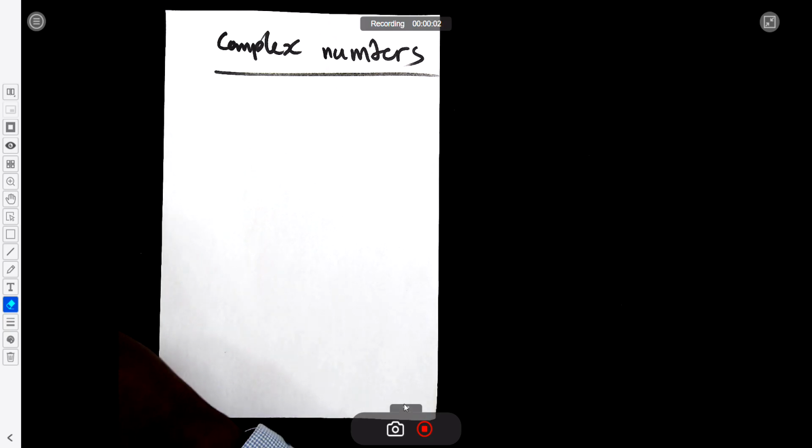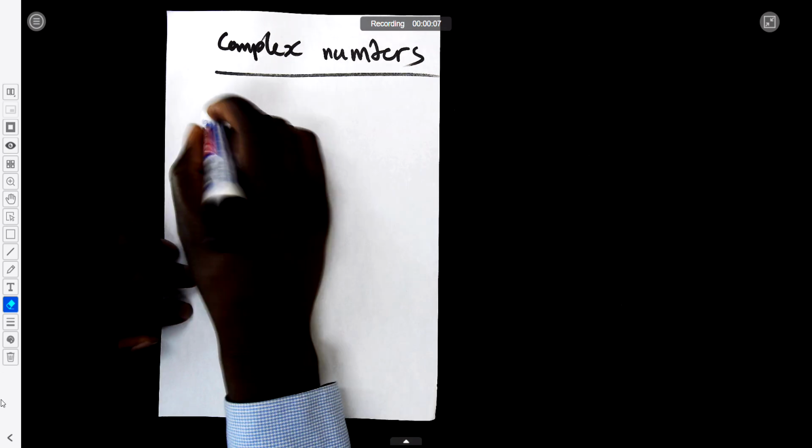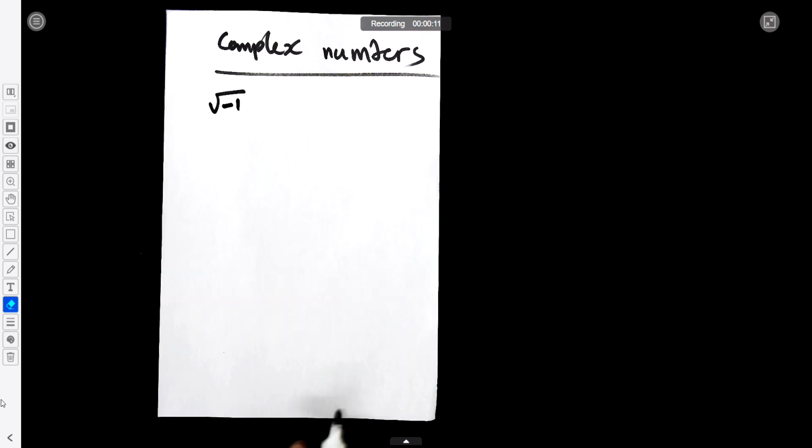Not even in primary, but even in mathematics, when you do, for example, the square root of a negative, let me just put a negative 1. If you punch the square root of negative 1 in your calculator, it says error. So normally they used to say a square root of a negative doesn't exist, which is true, it doesn't exist,